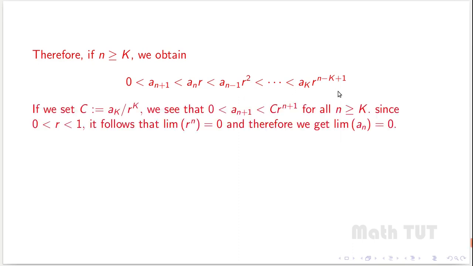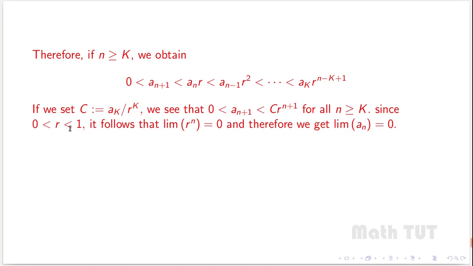So here if you set c as a_k by r^k, then we can see that 0 will be less than a_{n+1} is less than c times r raised to n plus 1 for all n greater than or equal to k, and we have chosen r to be greater than 0 and less than 1, and so it follows that limit n tends to infinity r^n will be equal to 0,